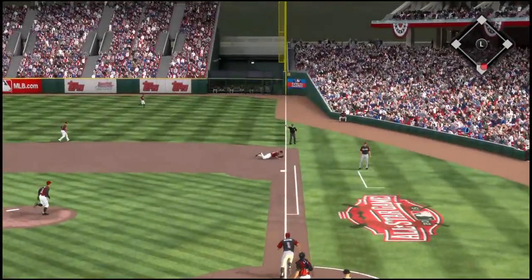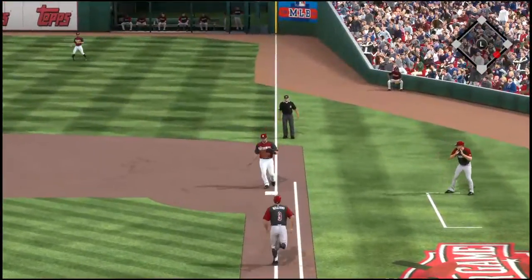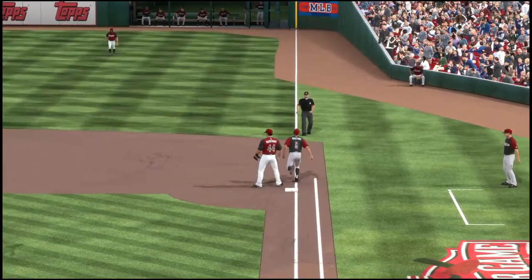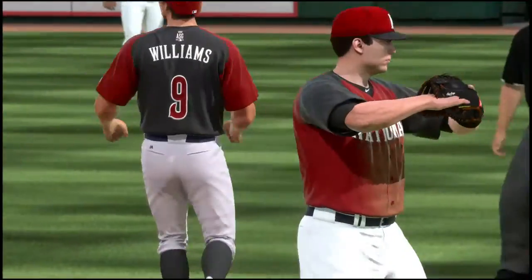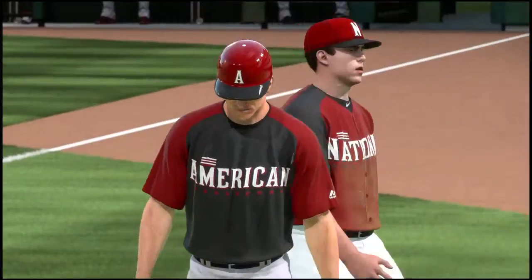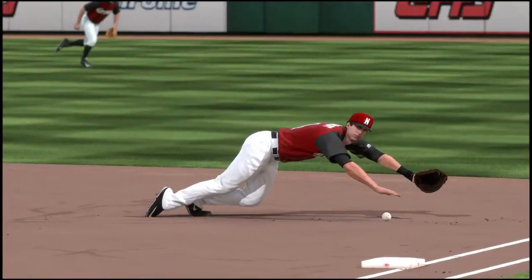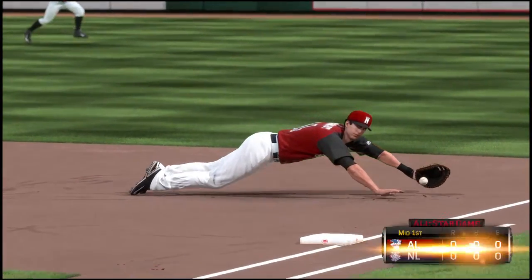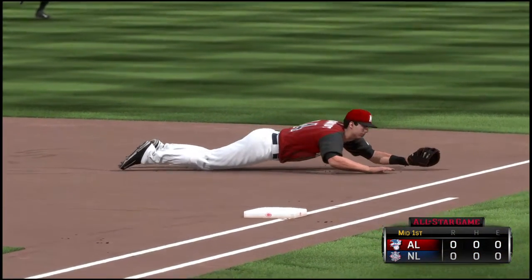Here's a hard hit ball ripped down the first base line. Oh, look at this. And he'll take it to the bag himself for the out. What a play. Another look at the fine play at first that concludes matters here in the inning. Back with more of this Midsummer Classic right after this.